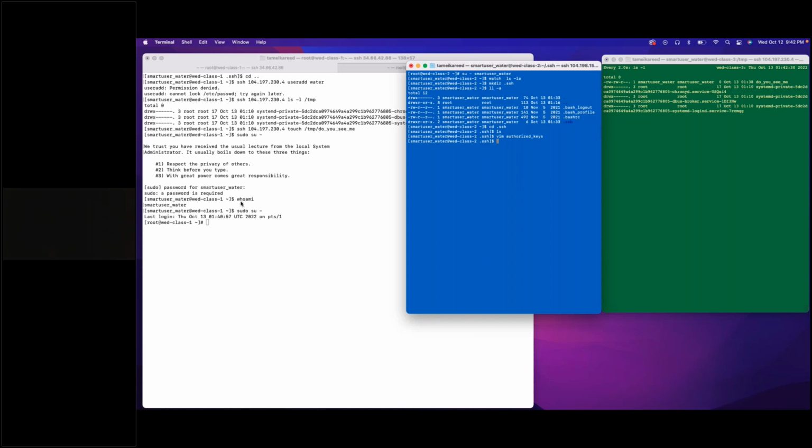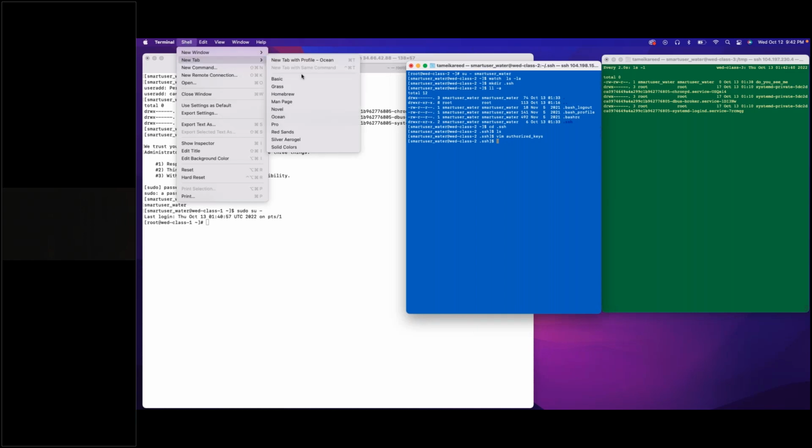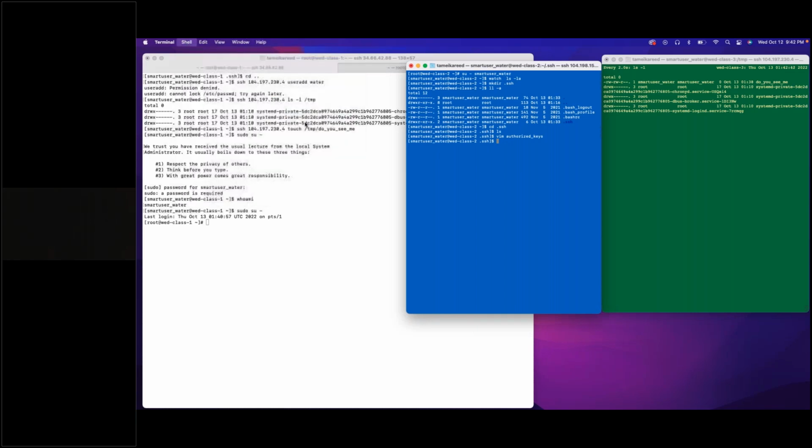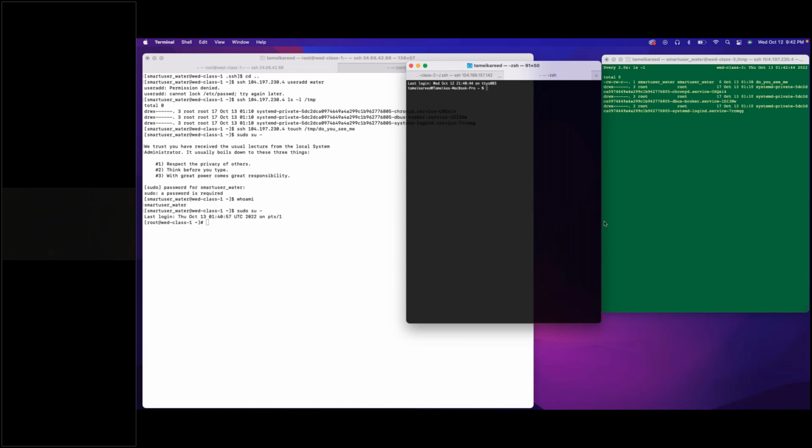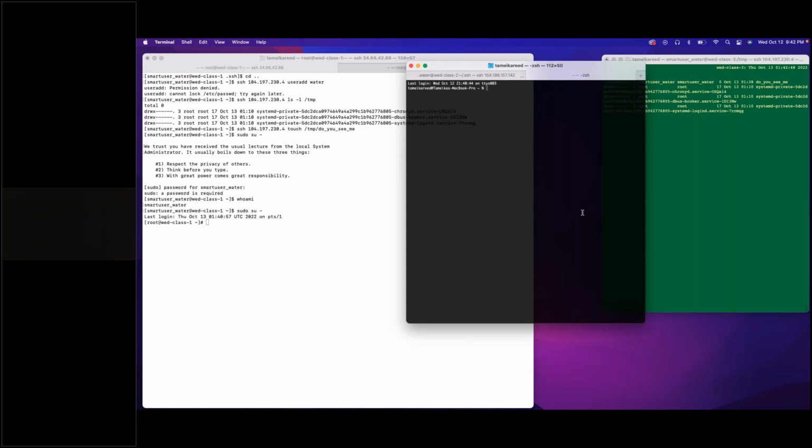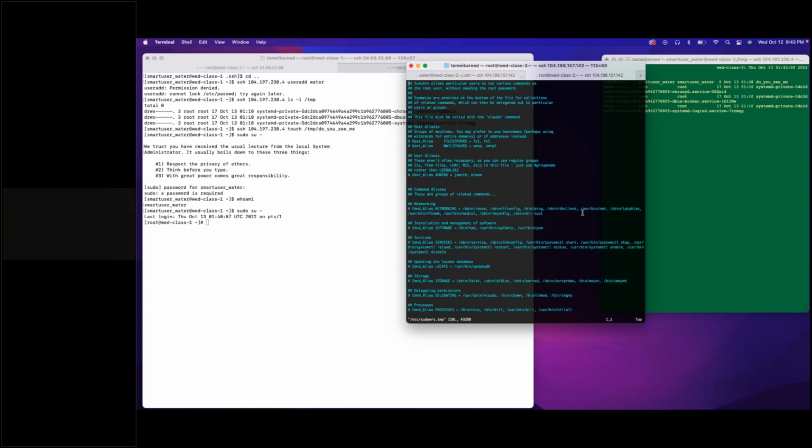So here, let's go back over to here. And then let's open up another terminal. That's fine. And let's SSH over to that machine. And I need to sudo to root. And then what you were talking about is visudo. That guy there opens up the same file. If you look for root,